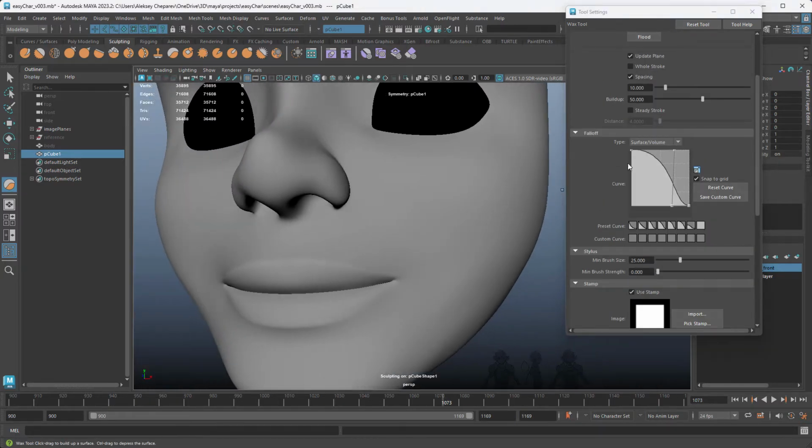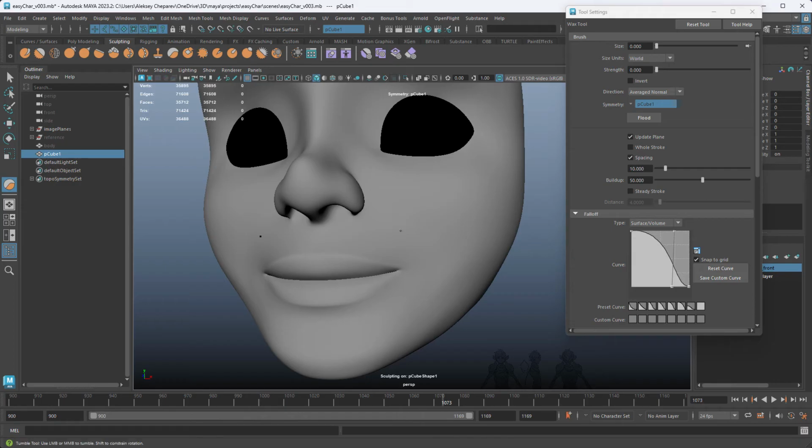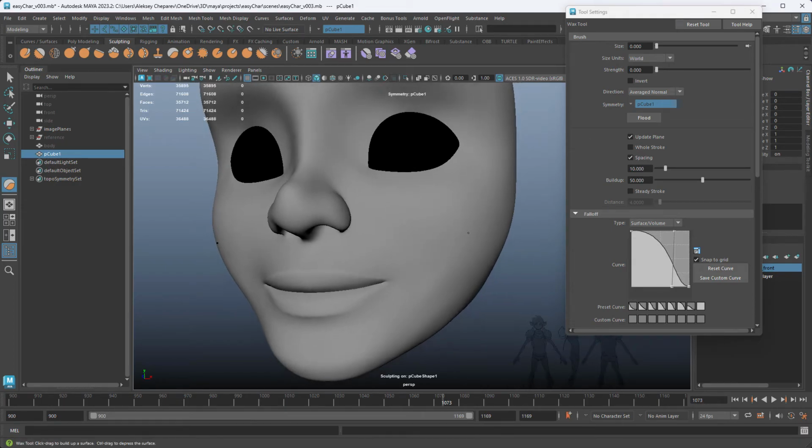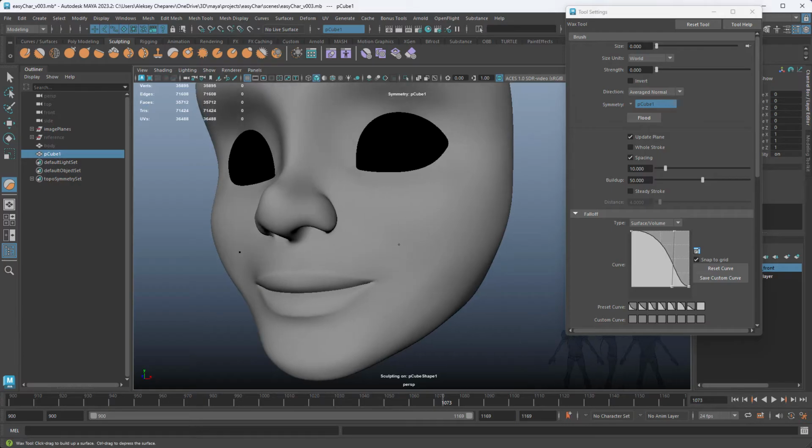Now the reason I shrunk the brush and decreased the strength is because I want to be able to set it. Sometimes the values are so high it's really hard to get down to 0 or really close to 0. So now that I have the brush set to 0, I can hold B and push out like this, just left click and drag, and I can increase the brush size. And then for strength, I can hold M, as in Mary, and then left click and go up for strength.